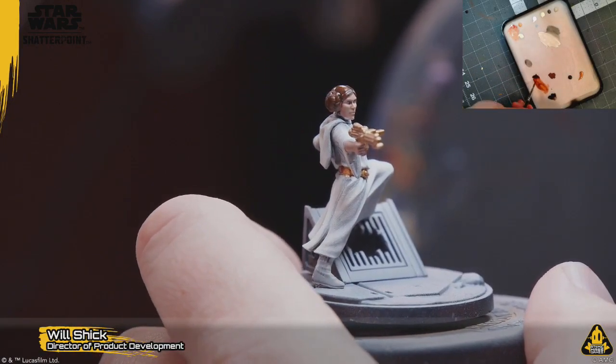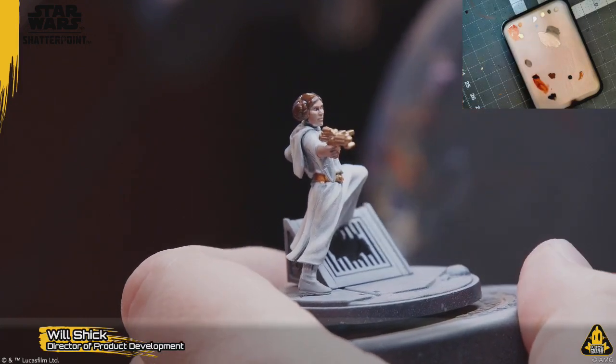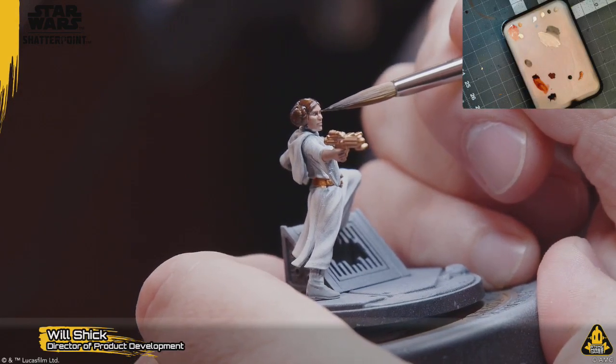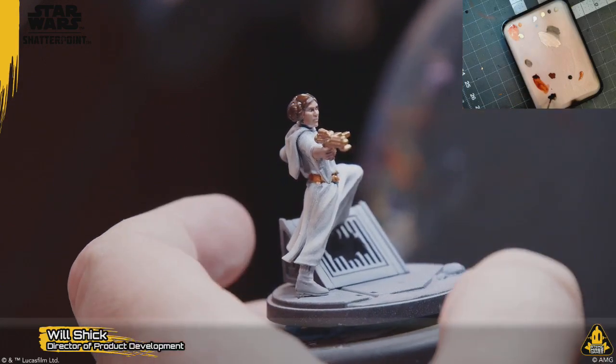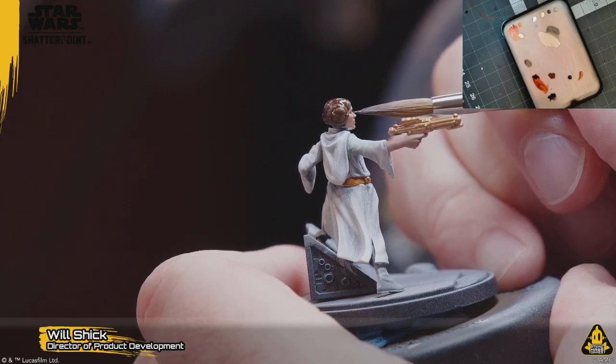All right. And then a little bit of this. Smoke show up the little eyeballs. Again, not going to paint them, but